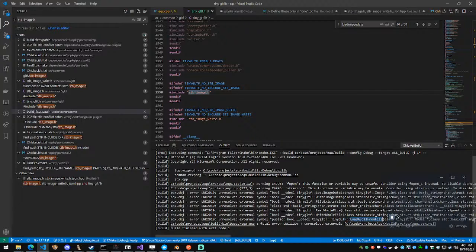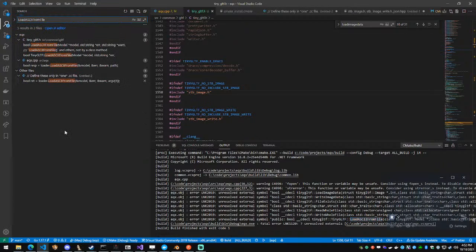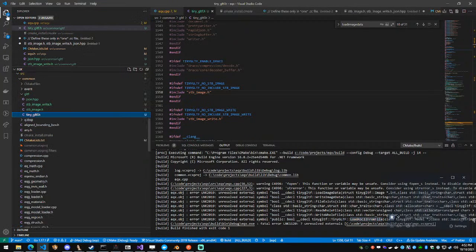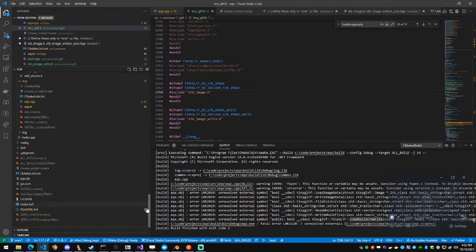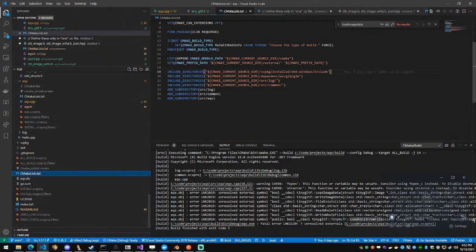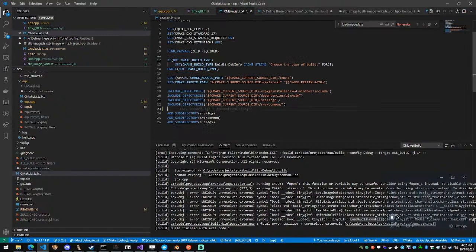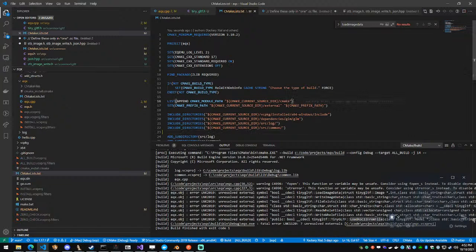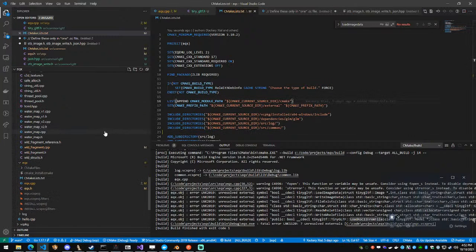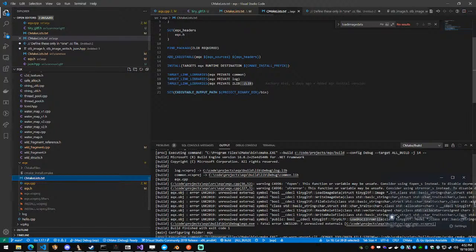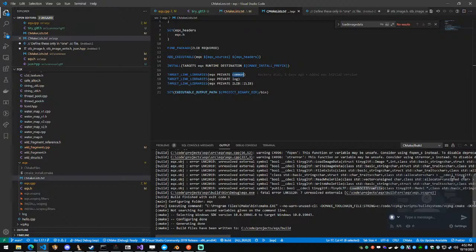Load ASCII from file. It's not being linked properly. But it's being linked in here. I include the common directories. And I do common here for target linking. But it's telling me that